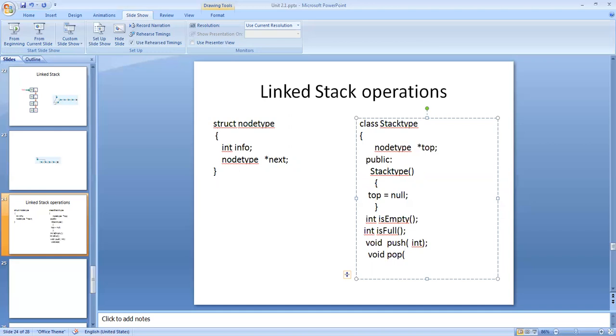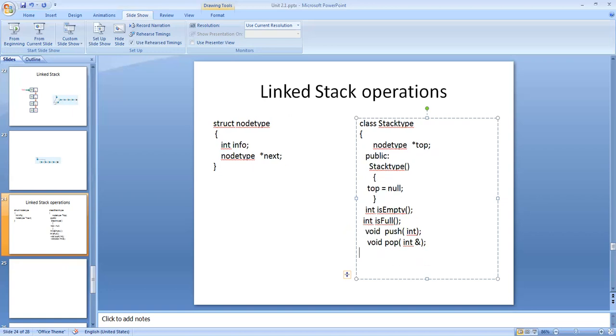Now this pop is going to return something. So I call it as int reference. So what does it mean? After this pop function is executed, the value of this formal parameter is given back to the corresponding actual parameter. Because of this operator, the value of this formal parameter will be given back to the corresponding